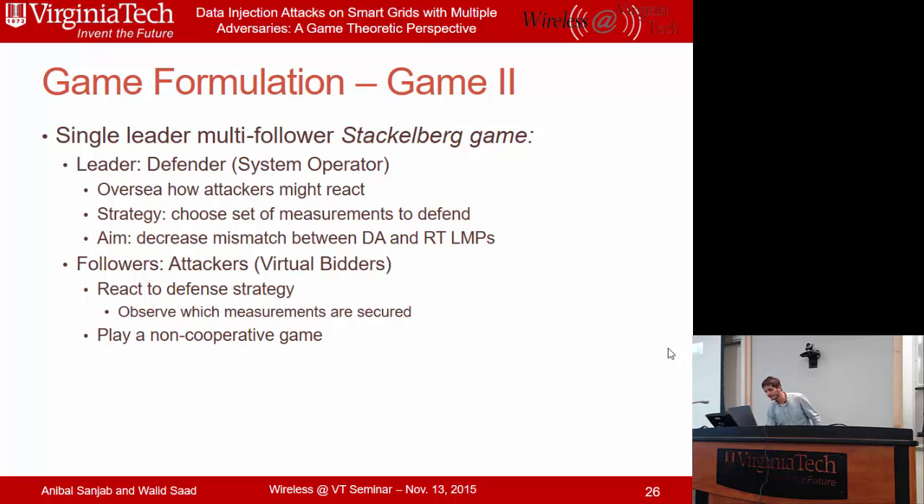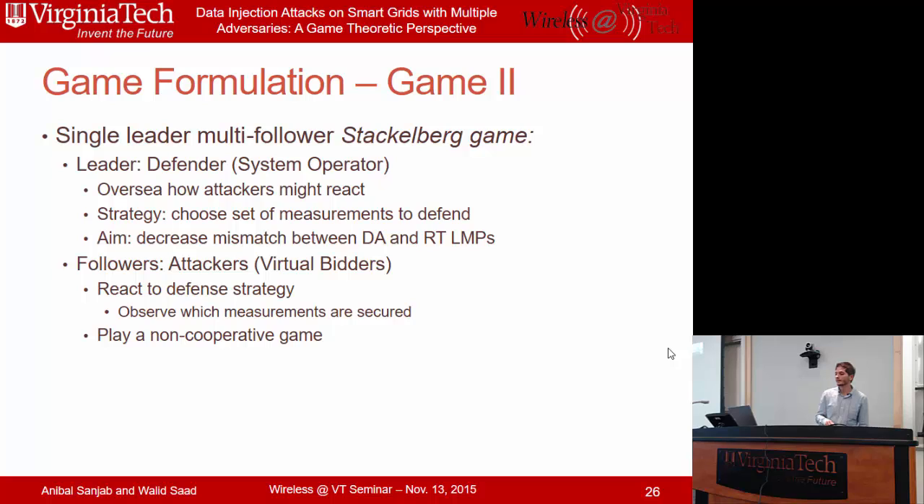Hence, because the attackers can observe what the defender has done and react to that strategy, this can be modeled through something called a Stackelberg game, where there is a leader. In our case, there is a single leader and multiple followers. The leader is the one who acts first, and the followers are the ones who react to the action or strategy of the leader. The leader in our case is the system operator. It needs to know which measurements to defend, but it needs to foresee how the attackers, who are observing what I'm doing, will react to my strategy. If I secure those measurements, how will they react? This needs to be taken into consideration